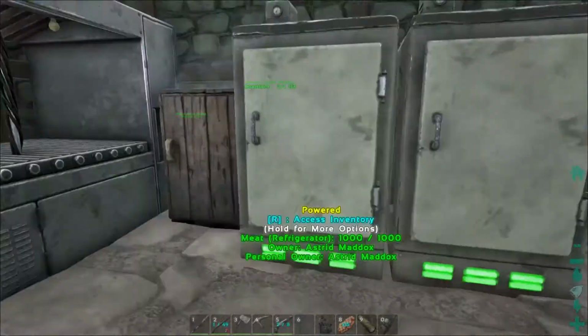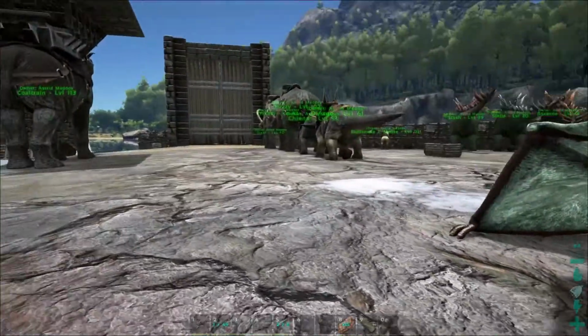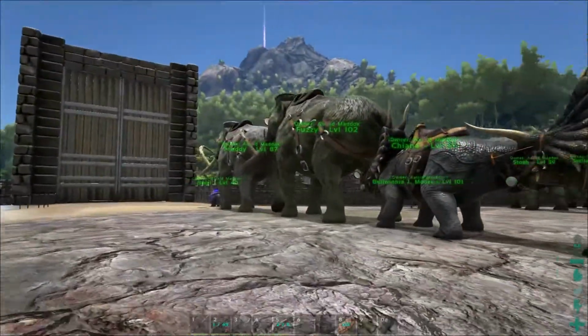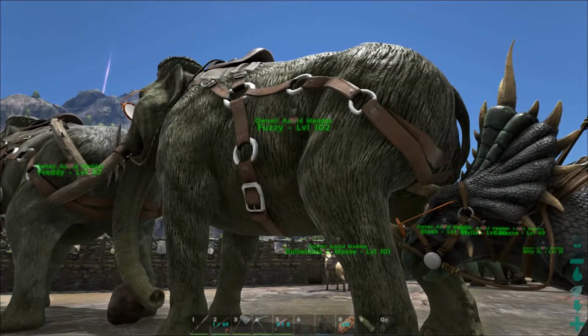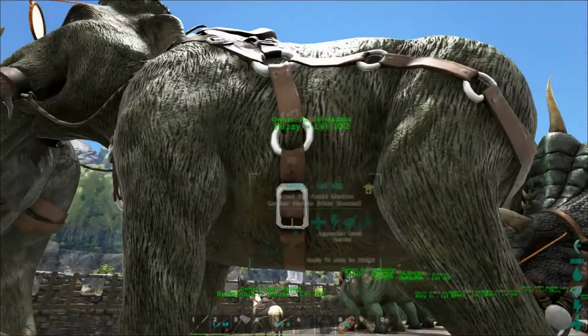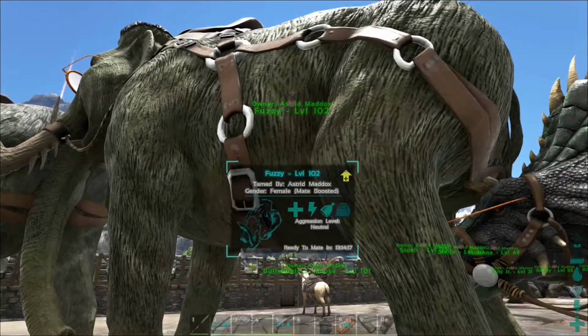Now, they had one other thing in this I was very happy to see in the patch notes. I mean, it's a little late for me, but they fixed a bug, and they have allowed now for mammal pregnancies and their maturation of mammals to save. Remember that Fuzzy